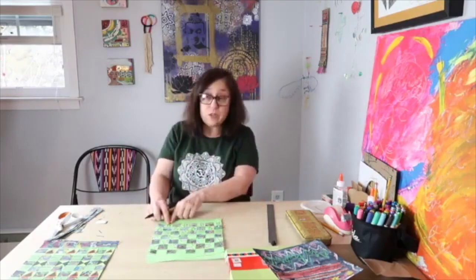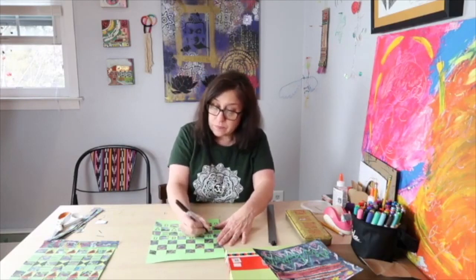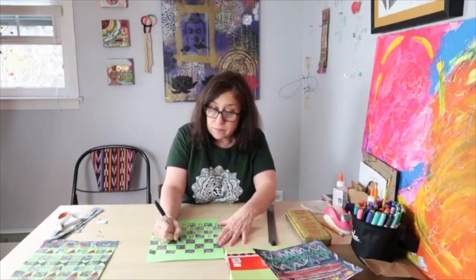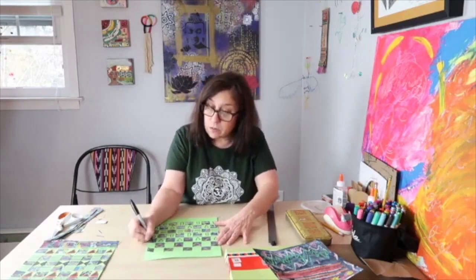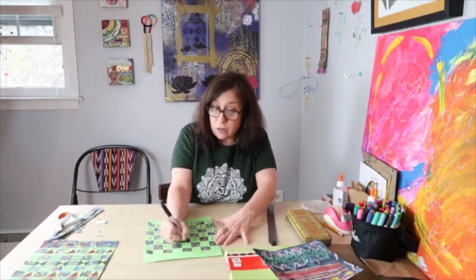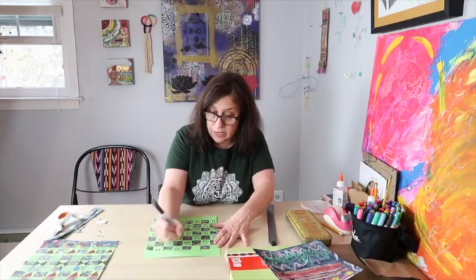So I'm going to use these rectangles again over here. And I'm going to put them in all these boxes. And then I'm going to go back to the triangles and put them in these boxes. And then I'm going to use these horizontal lines. Because basically a pattern is lines or shapes that are repeating themselves, and they're making a design. And now I'm going to end back at my little rectangles here,